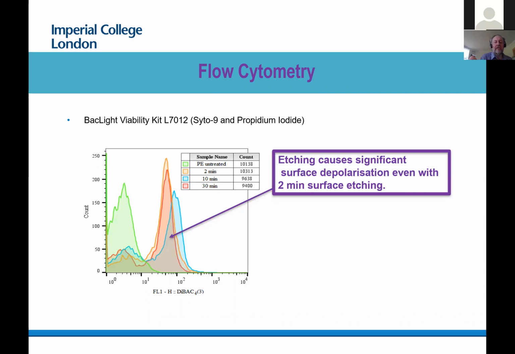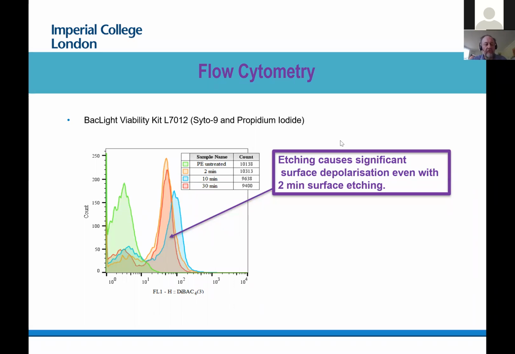As well as actually looking at the bacteria on the surface, we also do another experiment called flow cytometry. And in this experiment, we are actually going to take cells that are on the surface, we're going to wash them off a little more aggressively, and we're going to look at the chemistry or the viability of those cells. So in other words, we are taking cells that were on the surface, we remove them, we redisperse them into a solvent, water, and then we measure their biochemical properties using a flow cytometer, which is a very common way of classifying cells. We add a special dye chemical to them,